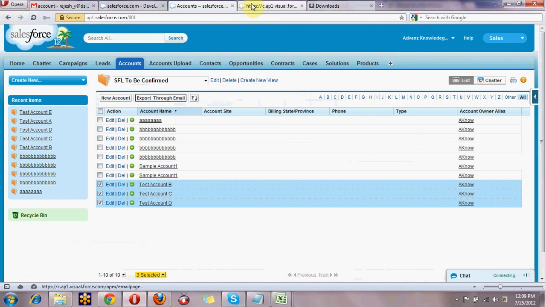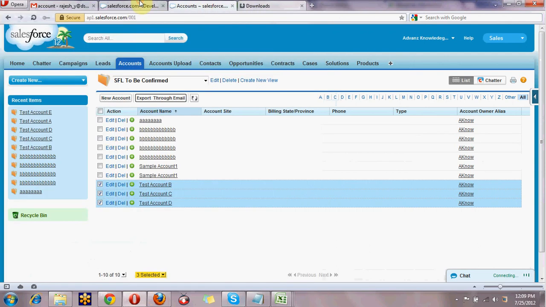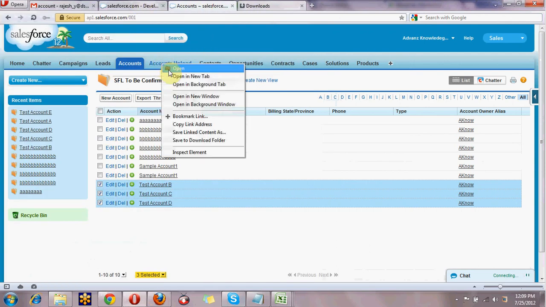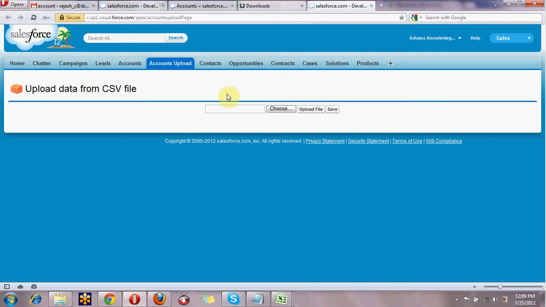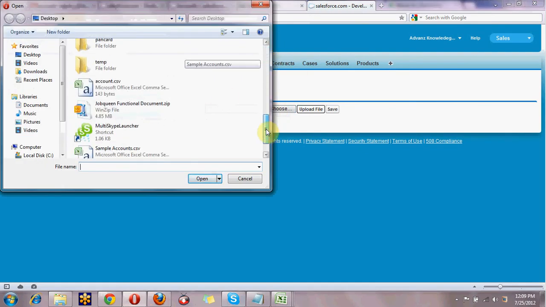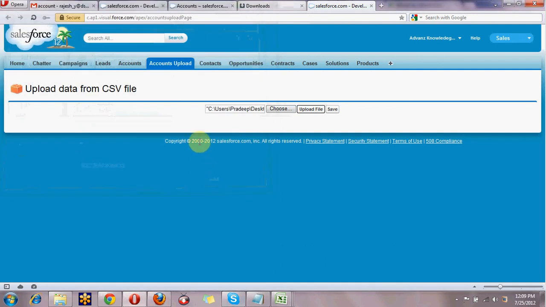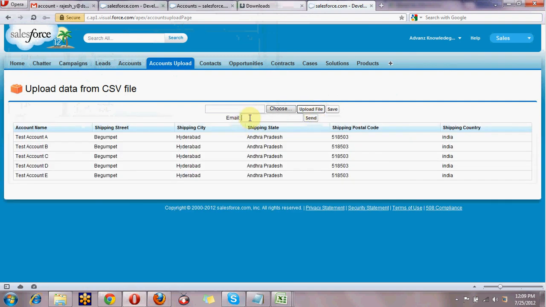And another way is here, and as we observed in the account tabs itself, we can upload all our contacts, like sample accounts 3, and upload it, and upload file. Now here we can see one email text.